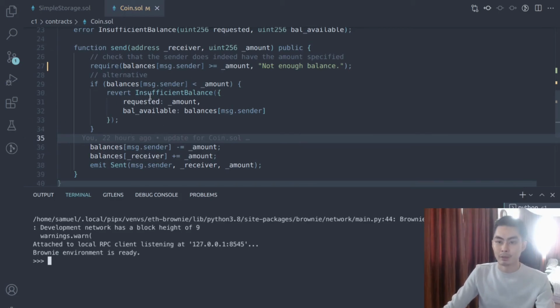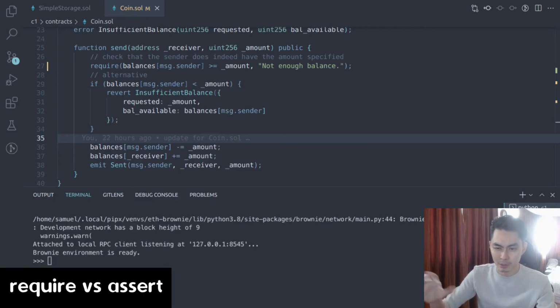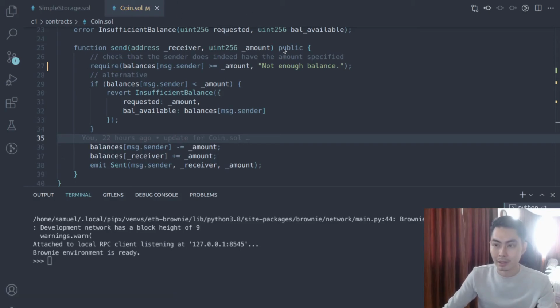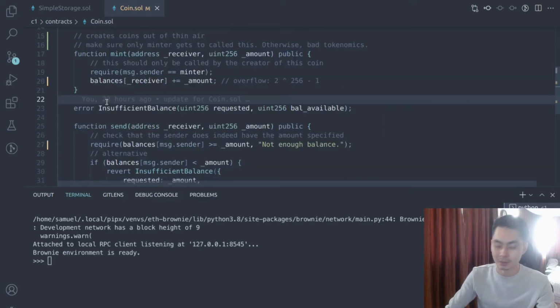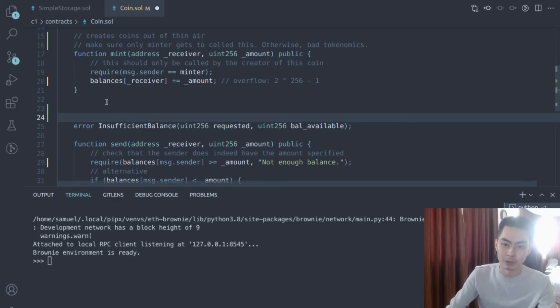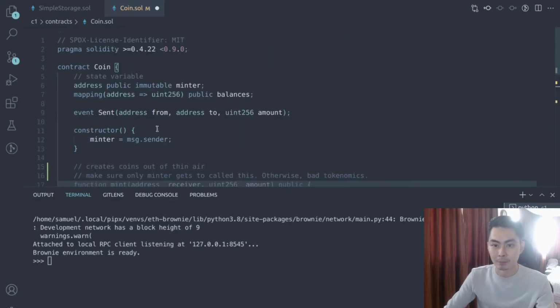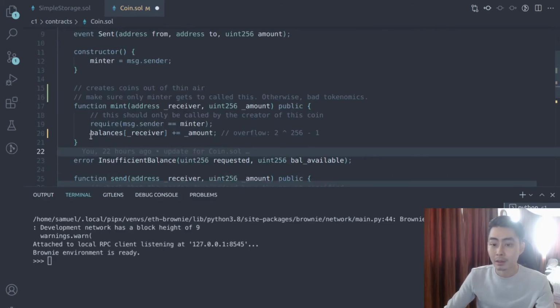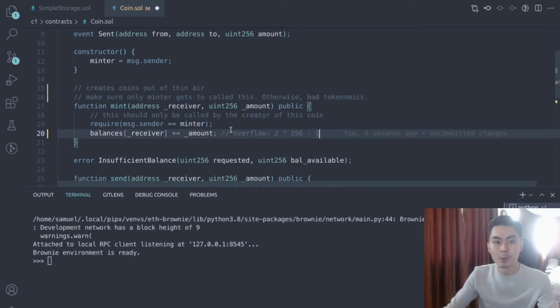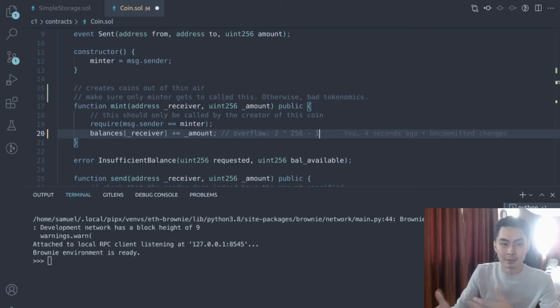Let me just talk a little bit about throwing out errors, to give you some historical context about why this is a useful feature and why this is important. If you look at some old books on Solidity, or some outdated articles and tutorials, you will see that there is an old way of doing things. For example, if you use Solidity 0.4 or 0.5, some of the older ones, right now we're in Solidity 0.8,